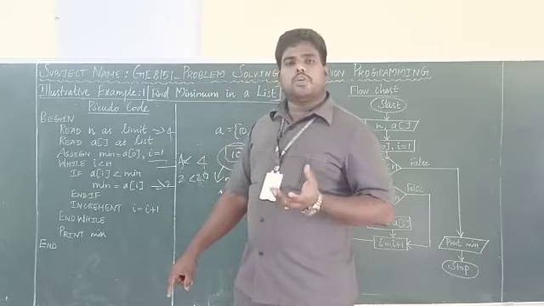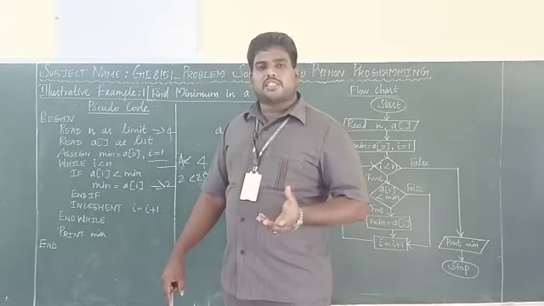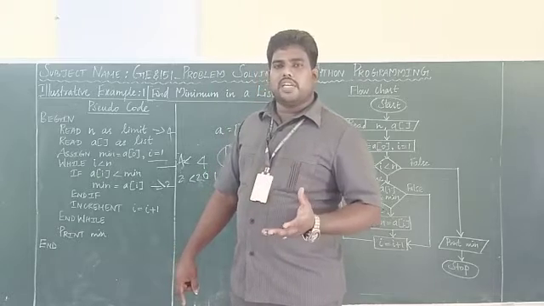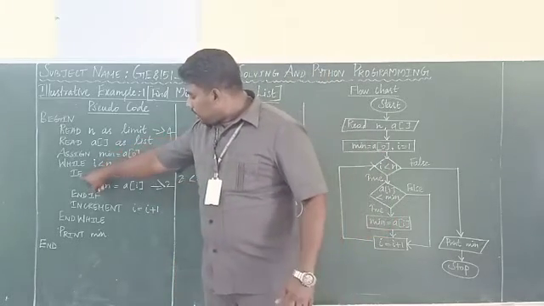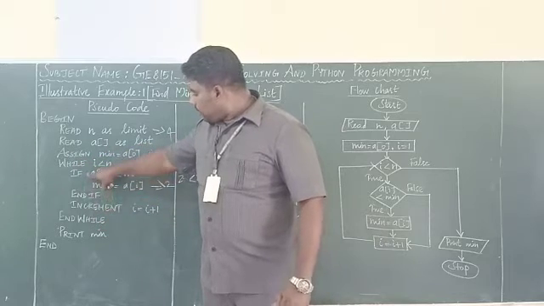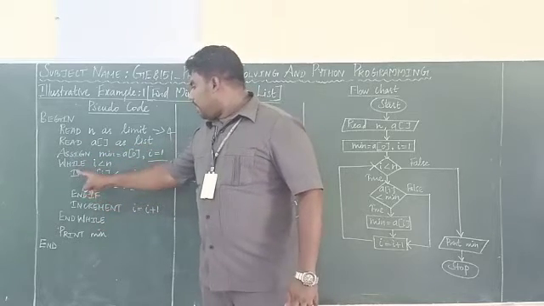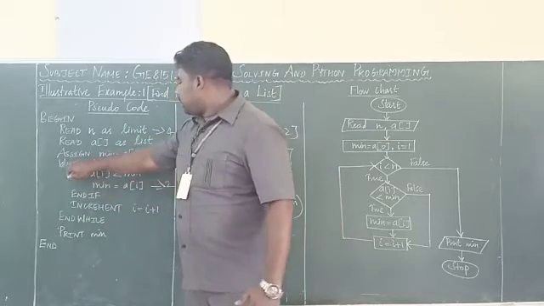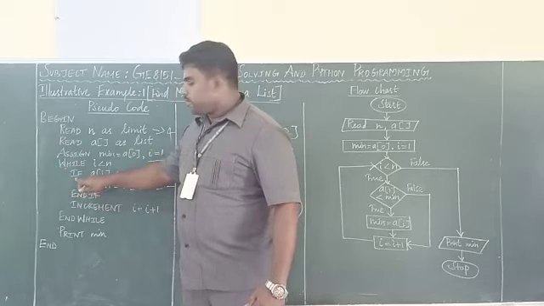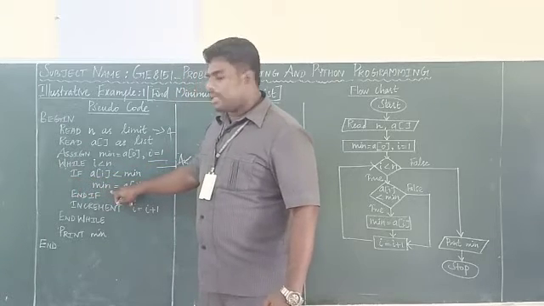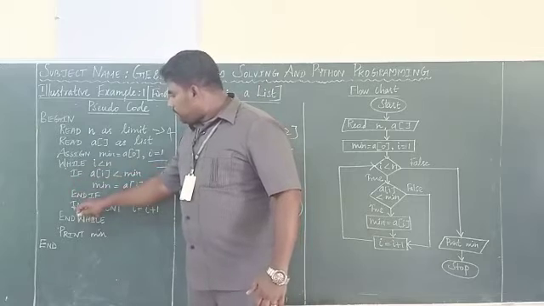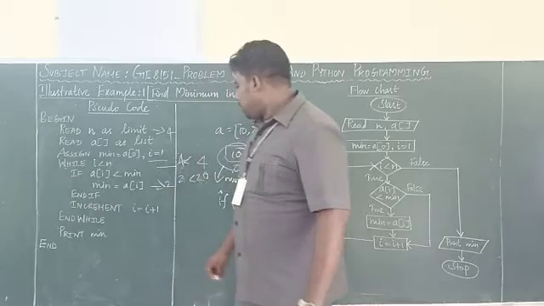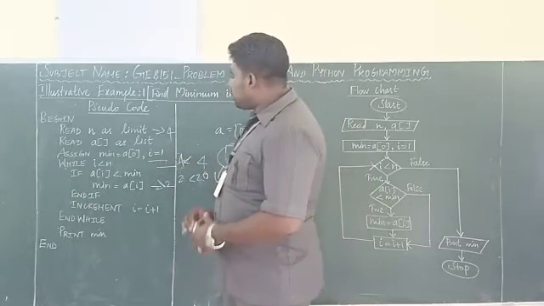Whenever you are using multiple statements, like selection statements such as if-else, or looping statements, you have to end with the end statements. That's what? While, end while. If, end if. See here, whenever you are taking multiple statements, you have to follow the indentation. Inside the while only, if is coming. Inside the if only, this statement is coming. These three statements, if, end if, and the increment statement, are coming inside the while. All of you got it? All of you understood the pseudocode?